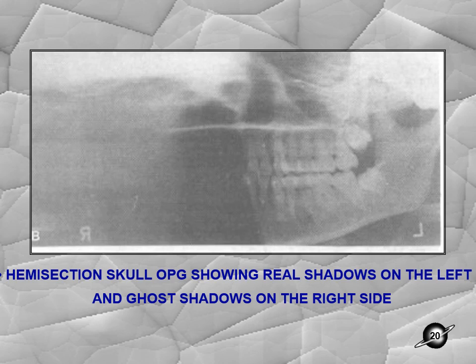Actually, ghost is unexisting. On the right hand side there is no mandible or maxilla at all. But still the left hand side images are superimposed on the right hand side, since the X-ray source and the cassette rotate around the patient's head by 180 degrees. Only the structures near the X-ray film are well appreciated, which is seen on the right hand side of the image now, and the structures which are away from the cassette, away from the X-ray film, near the X-ray tube, do appear, but they appear as distorted images. That's why we call them ghost images.